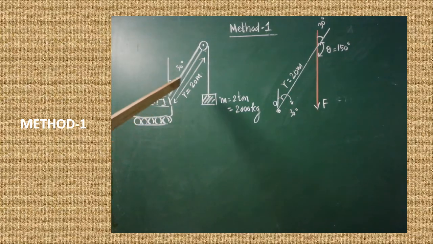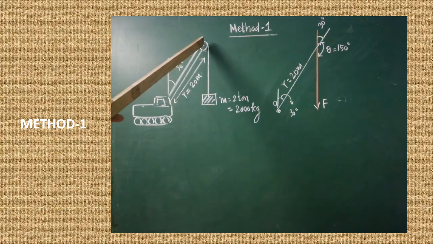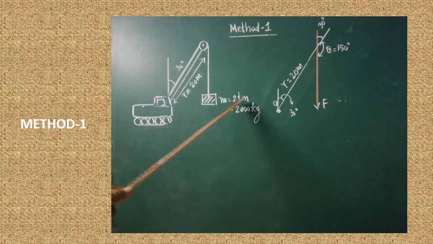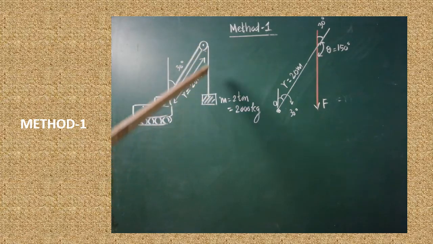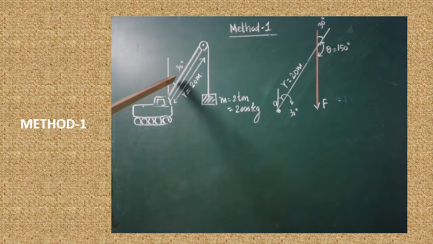Are you clear? Here, from the point of suspension, a 2000 kg mass is hanging. The 2000 kg mass is pulled by the gravitational force. The arm length of this portion is how much? 20 meters. The arm creates a 30 degree angle with respect to the vertical. Here, don't take this 30 degree as theta. With the help of another geometric diagram, I will explain which one is theta here.